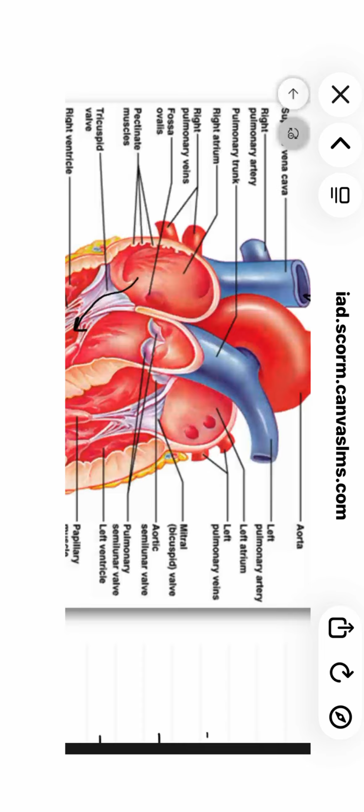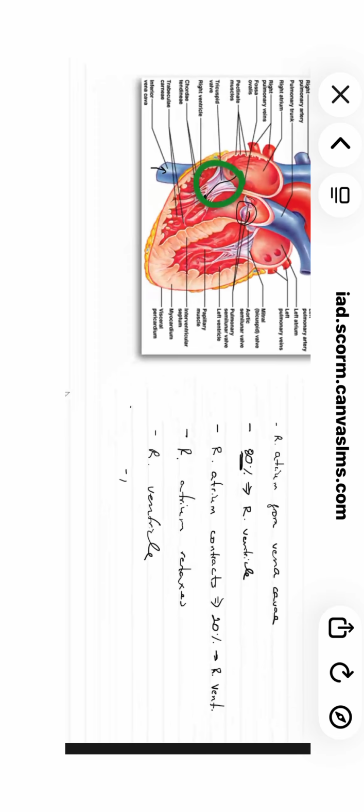So as the ventricle begins to contract, remember from the previous state, these semilunar valves are closed and this atrioventricular valve is open. That's how the blood entered from the atrium to the ventricle. And as the ventricle starts to contract, this flap will shut closed. So that right atrioventricular valve, usually abbreviated AV,